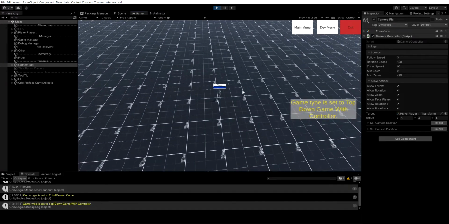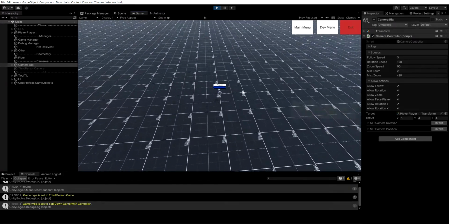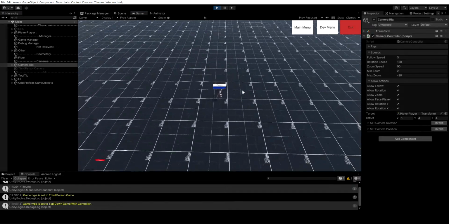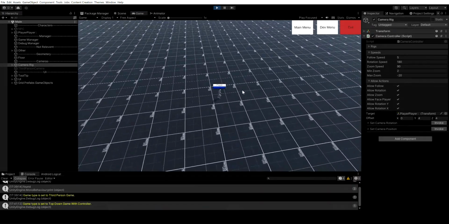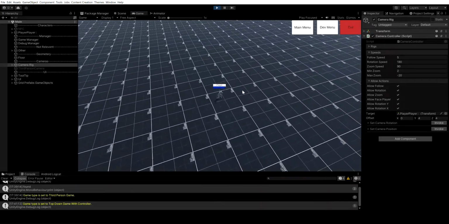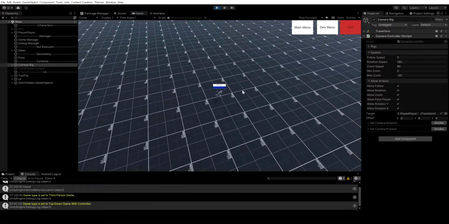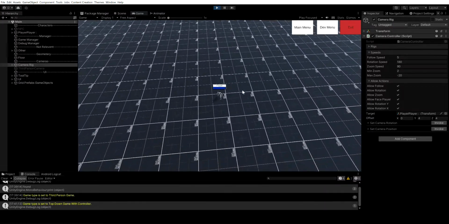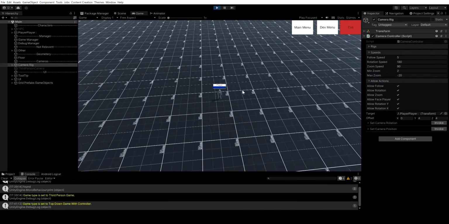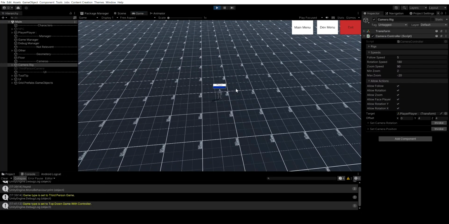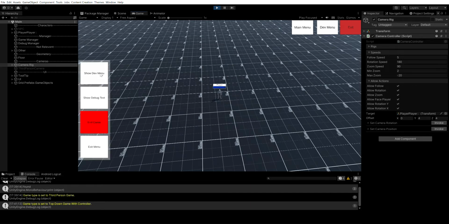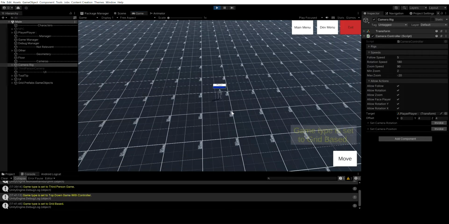This is basically just the same as before, except you can use a controller or the WASD keys instead of using a click to move. And this works fairly well, except on mobile, the touchscreen buttons don't work, and I'll show you that in a minute. It works on the PC. I don't know why it doesn't work on mobile, and that's one of the biggest problems I'm trying to figure out right now. And the last thing that I just got working was the grid-based movement.